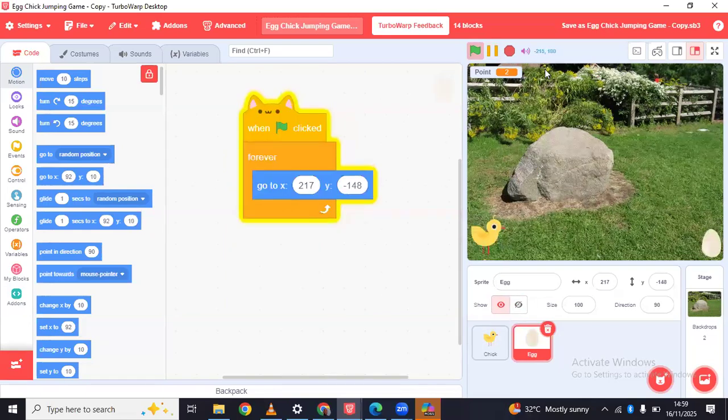You can see it's going back to its default position. All right, so with that being said, now it's time to make it glide towards the chick so we can jump over it. Now, to make it glide,